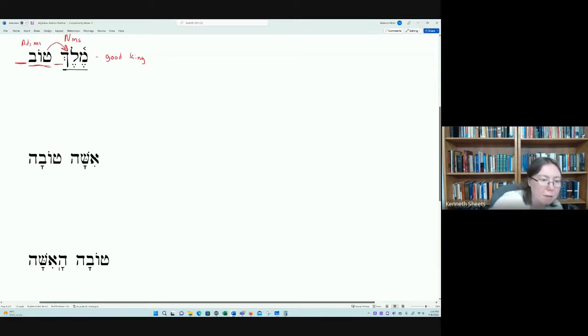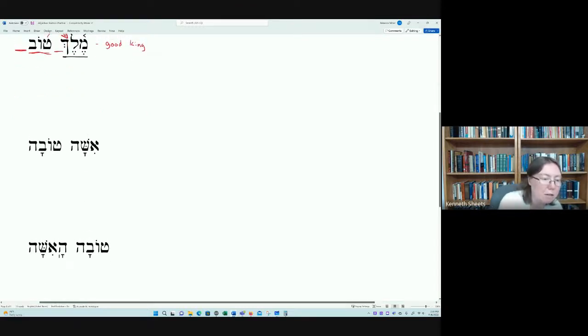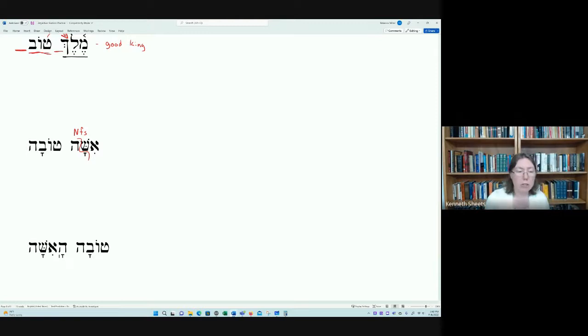But then take a look at this next one here. Isha, Tova. Isha here is another noun, but it has that feminine singular ending on it, so this is feminine singular, from Isha being woman. And then you can see we have the adjective over here. It is modifying the noun, and that noun is feminine singular, and so the adjective as well is going to be feminine singular. You can see that because it also has the "a" ending here. So Isha, Tova, good